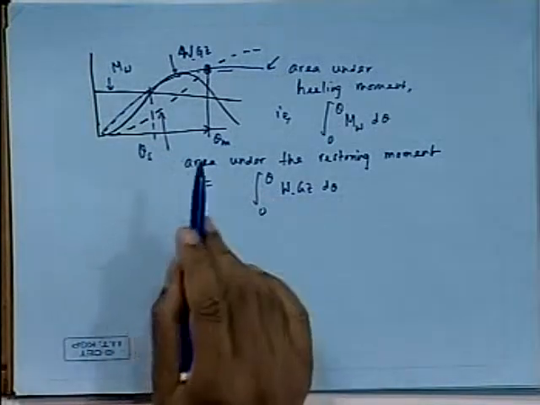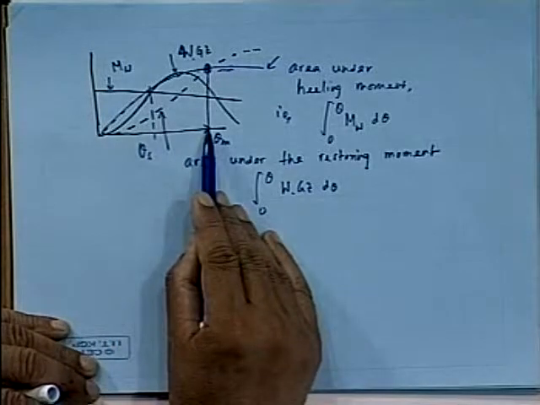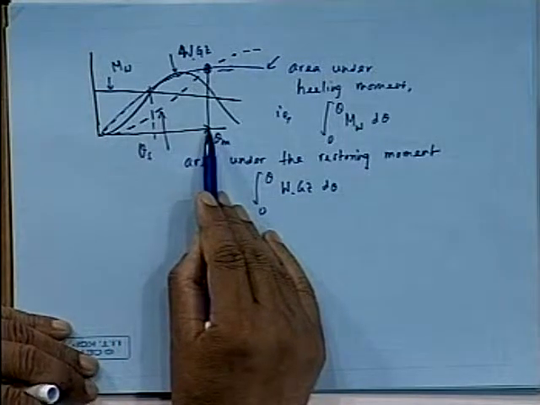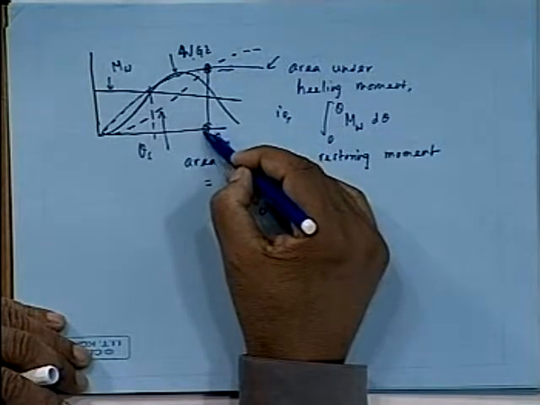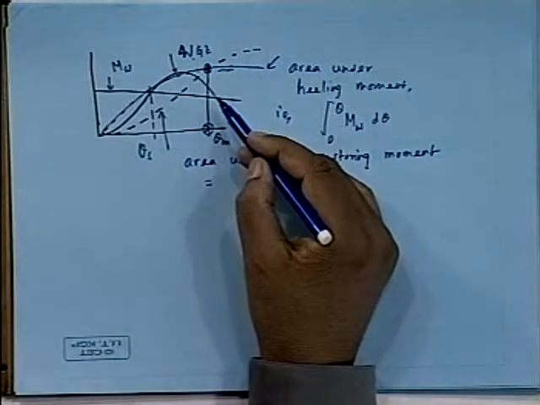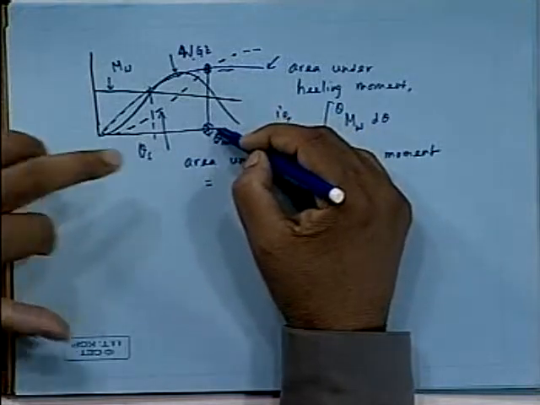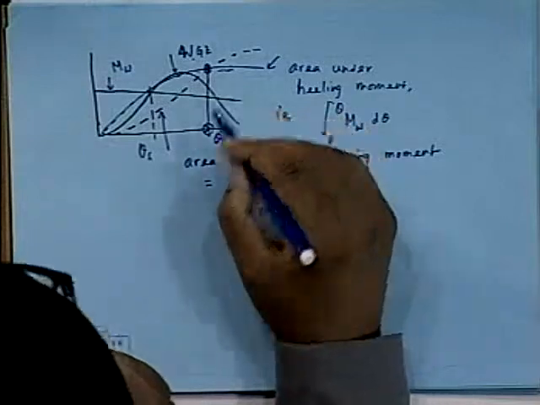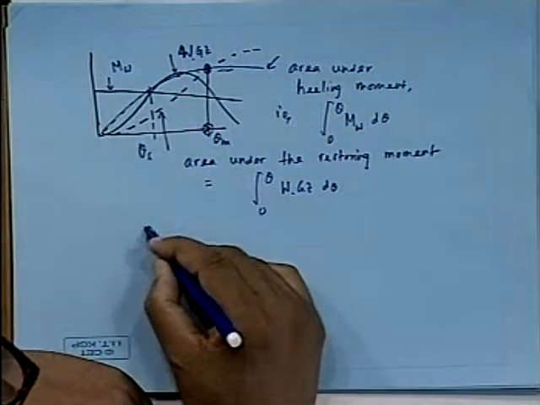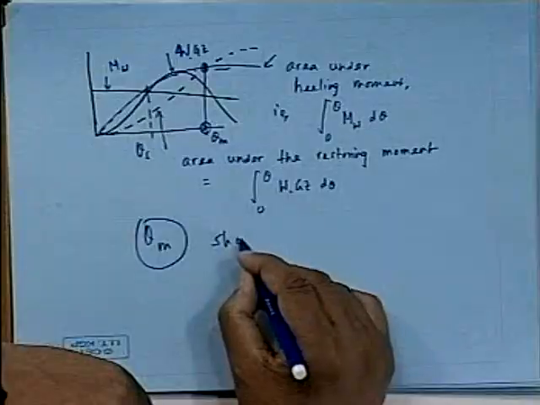So now we will see why the area becomes important. It will actually heel up to this much. Supposing this angle is beyond a certain extent, which we will discuss very shortly, then sometimes it may happen that the ship simply capsizes. So we have to ensure that theta m is such that the ship does not capsize. This is why this concept becomes important. You see, theta m should be such that